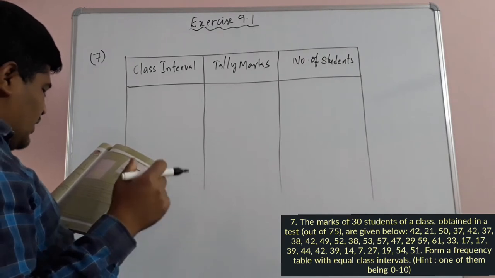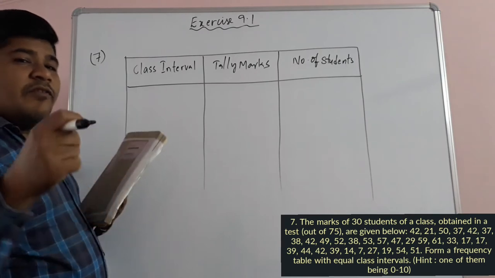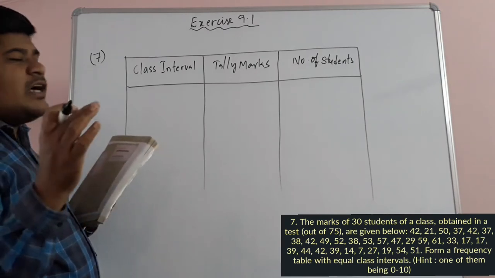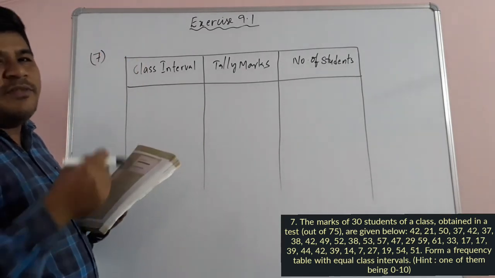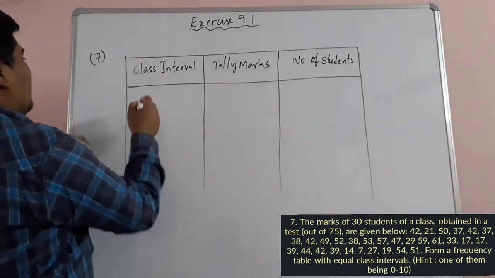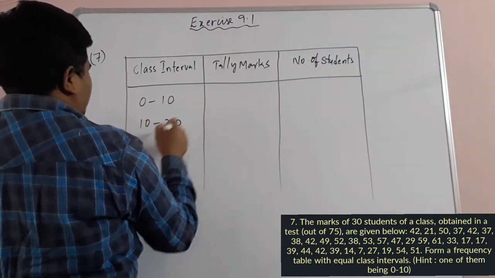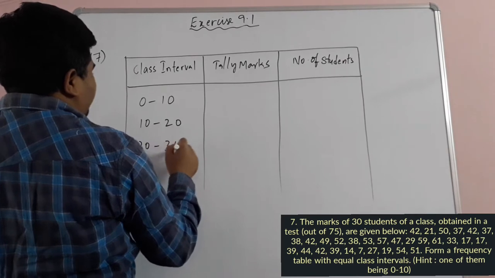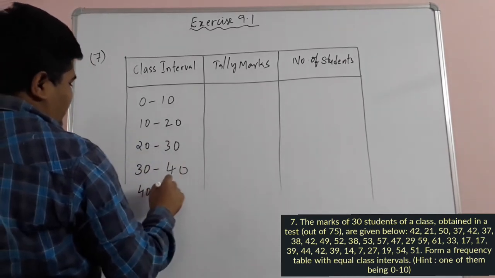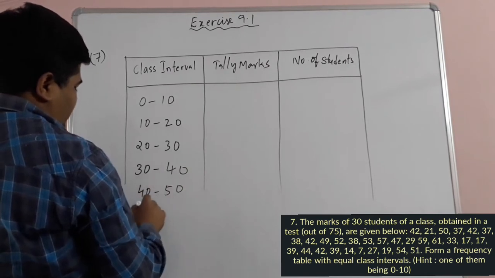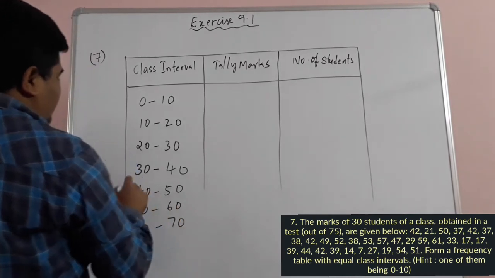Okay, why do we consider this maximum observation? Here we are taking the class intervals, no? Our minimum and maximum, both the observations must be covered within the class intervals. If not, we will miss some observations, no? That is the reason. So the first class interval is children 0 to 10. The second class interval is 10 to 20. 20 to 30. These are exclusive class intervals, children. 30 to 40. 40 to 50. And 50 to 60. 60 to 70. Okay, so these are the class intervals.